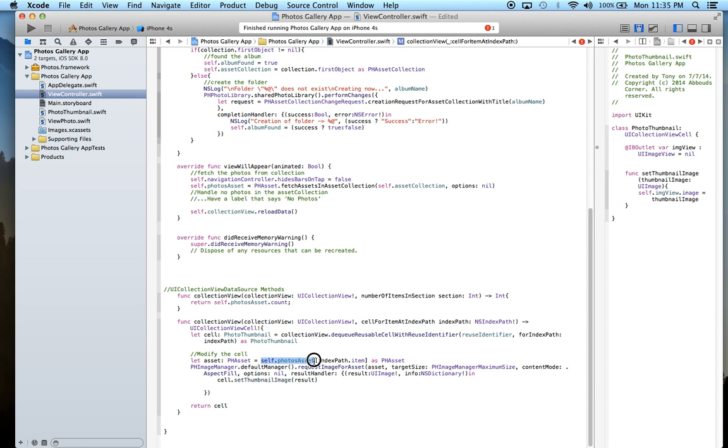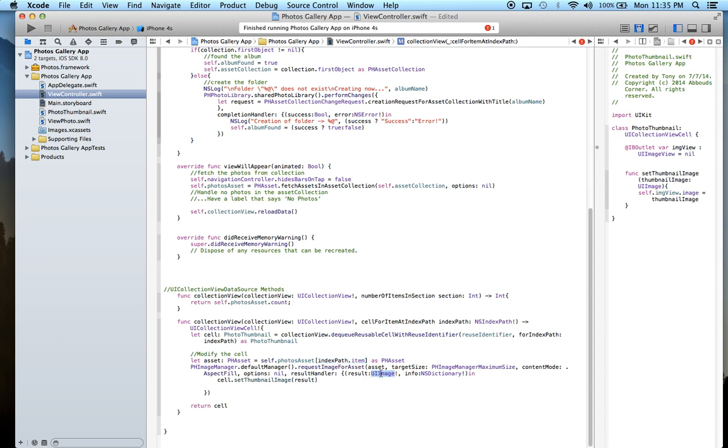So we have all the photo assets in this NSFetchResult, essentially an array. Then we go to the indexPath.item, which is the index of the actual photo. So they clicked on a particular cell. That is the index into this photo asset. So now we have the asset itself, and now what we can do is use this singleton to request an image for the asset. The asset that we want to collect, that we're requesting for, is this particular asset that we have here. We want the maximum size, and then if the result happens, or when we get the result,